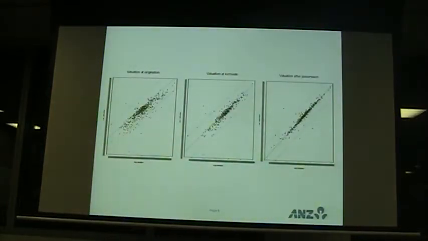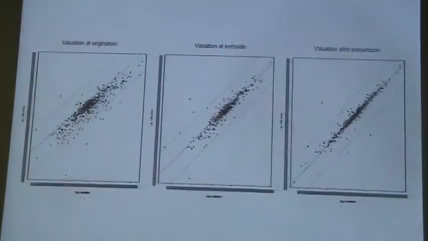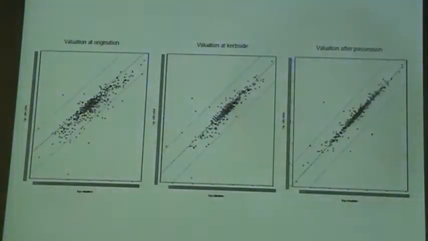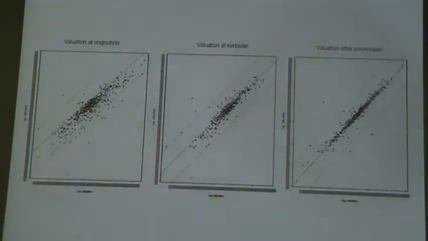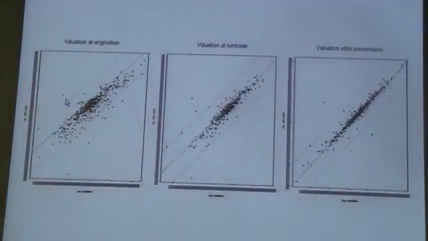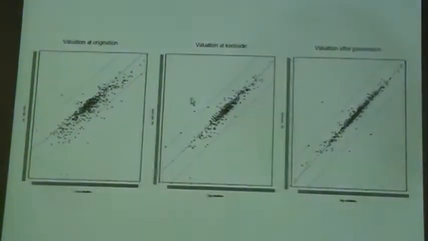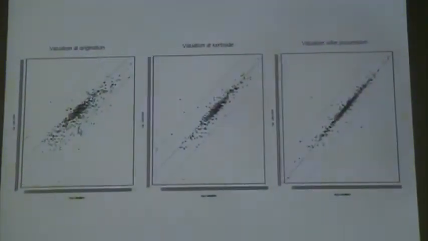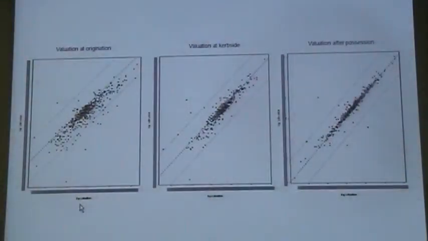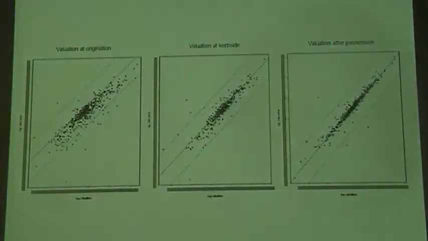So here are some graphs of a data set that I've been playing around with. These are about 600, 700 possessions. These graphs are for the same 700 possessions, but at different points in time. The y-axis is how much it's sold for at the end. So for any particular observation, let's say that one there, that is the same possession in all three cases. But the valuation differs. So this is the valuation when the loan was taken out. And there's obviously a lot of noise there, because when the loan was taken out and when it was possessed there could be several years passed between those two.